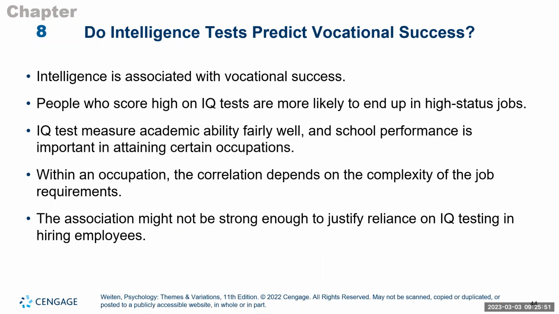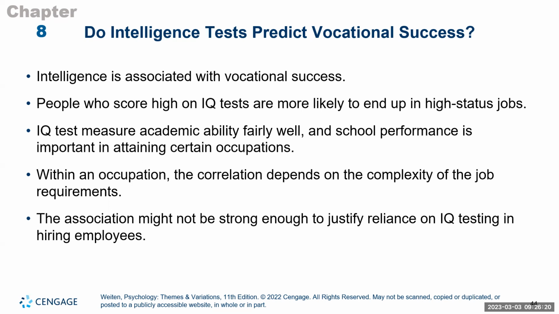Now, that doesn't take into account that the person may have great social skills or may be a good leader. Sometimes individuals who have high intelligence don't have great social skills, right? So they won't always be successful. But nine times out of ten, individuals who score high are going to do really well in school. They will eventually do really well on standardized tests, and then eventually they'll get good jobs, right?